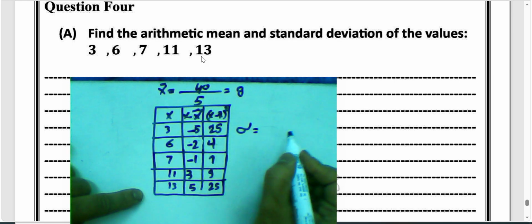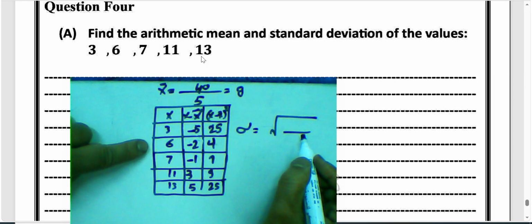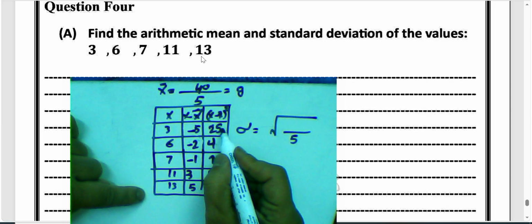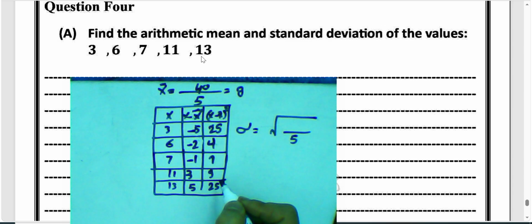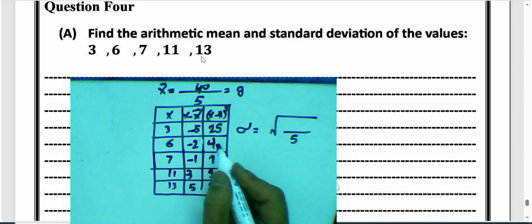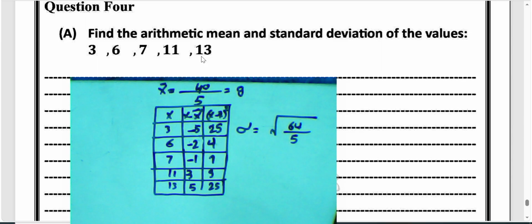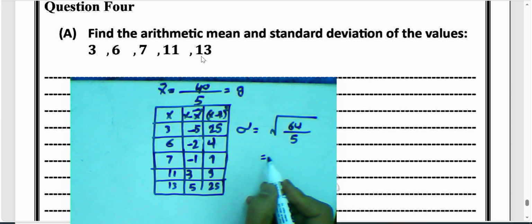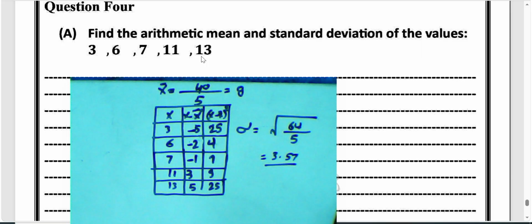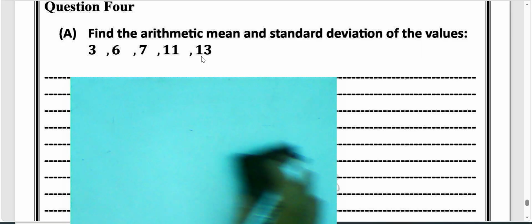Then we can write sigma, square root of. We have 1, 2, 3, 4, 5 values, and 25 plus 4 plus 1 plus 9 plus 25, which is 64. We have 64 divided by 5, and then find the square root of the answer. This is the standard deviation. Okay,